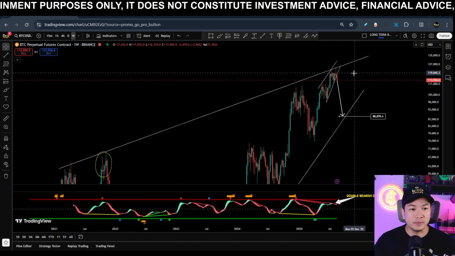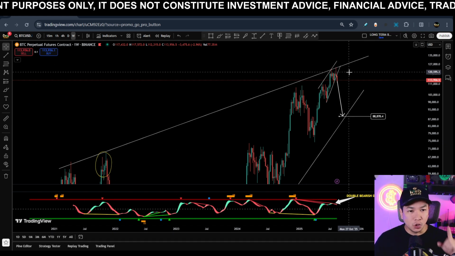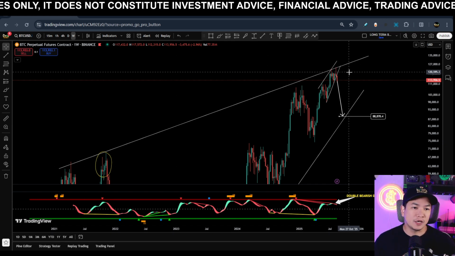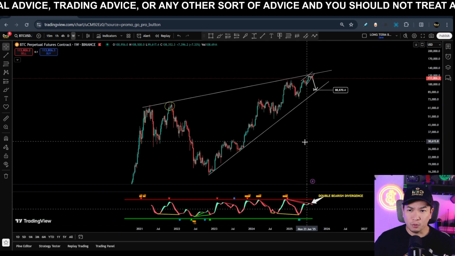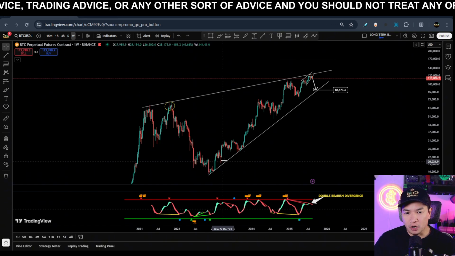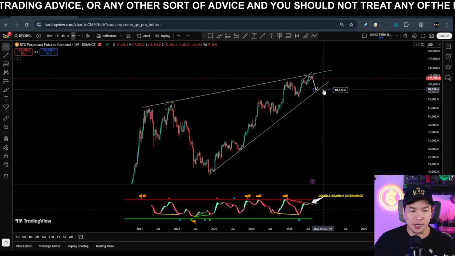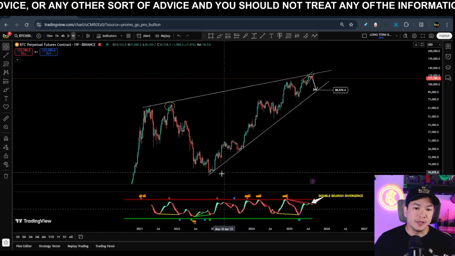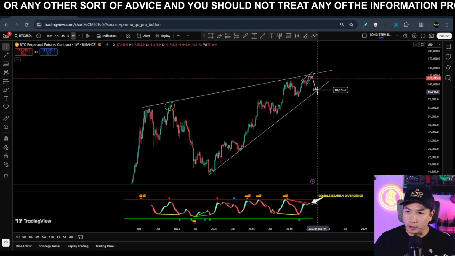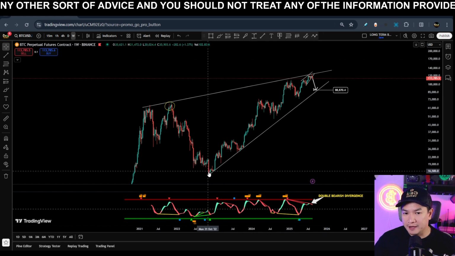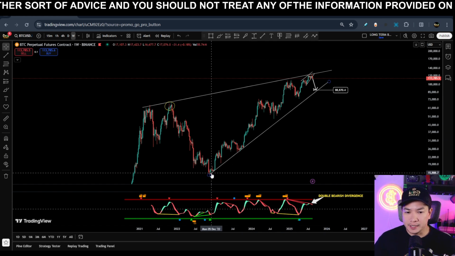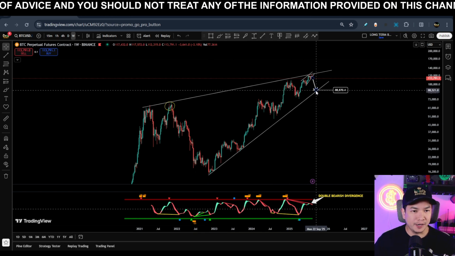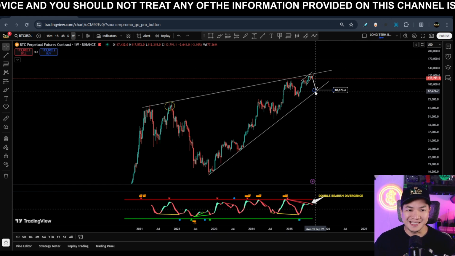If you are following me on my X account, I told you that we could probably see a correction in the coming months. So our major support trend line on the weekly time frame is sitting around $88,000 or $90,000. That will be the major support for this uptrend, guys. We have a multi-year support trend line on the weekly time frame, and the support is sitting around